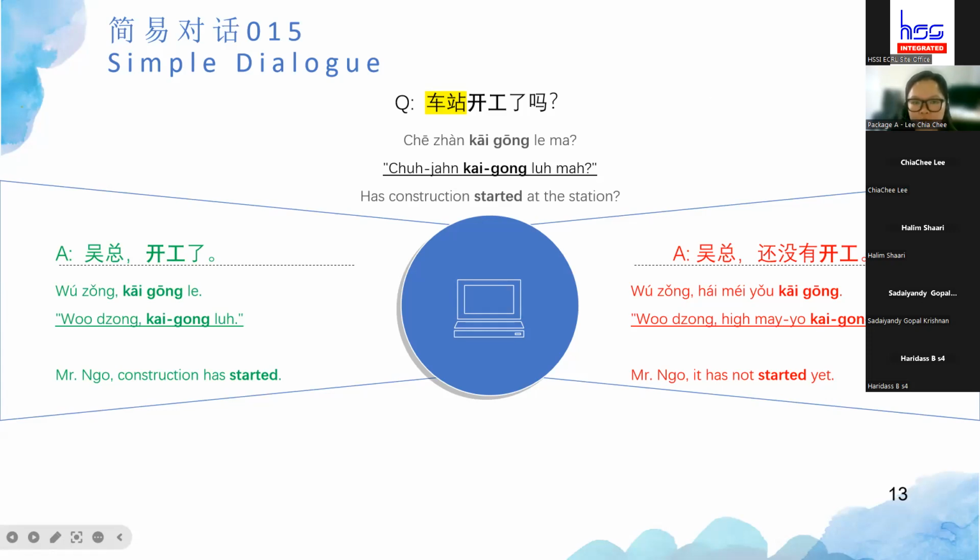So this is how we play around with positive and negative response. Again, for reminder, those words highlighted in yellow can be replaced. 车站 can be changed to bridge, 桥梁. 桥梁 can be changed to subgrade, 路基. 路基 can be changed to 隧道, tunnel. This is how we play around with the